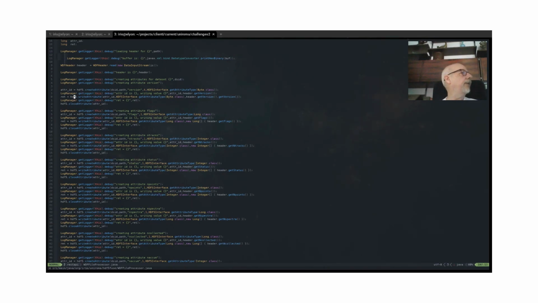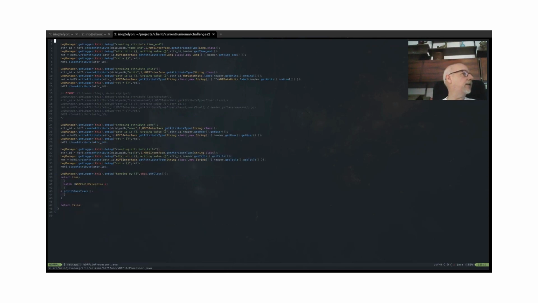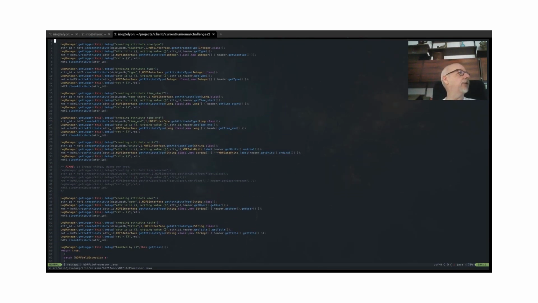Already in this part, it creates HDF5 attributes because the header already contains metadata information, but then there are also subparts that contain further information, and so the structure goes on to parse the whole file. At the end of the WDF file, there are the actual data sets, which get inserted into the